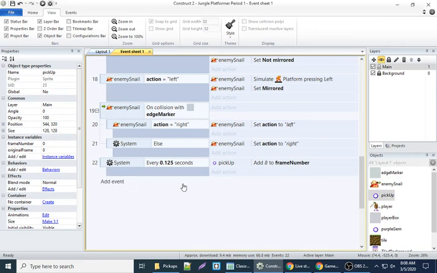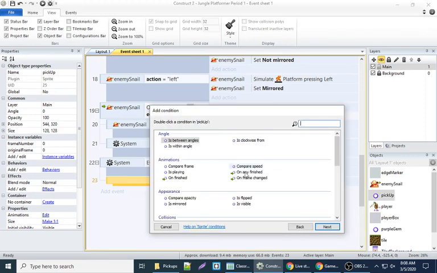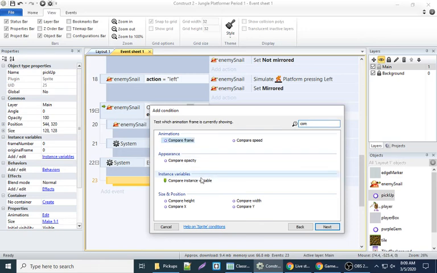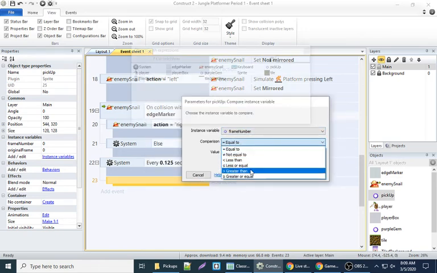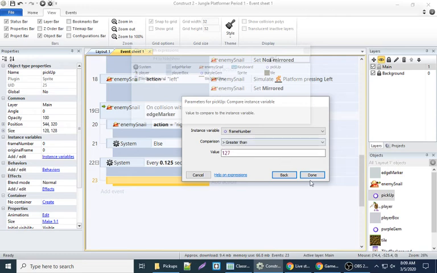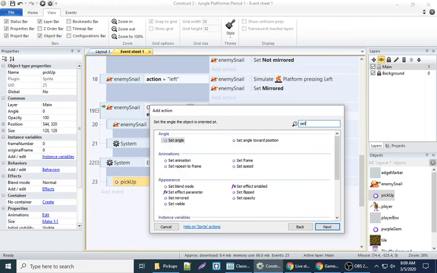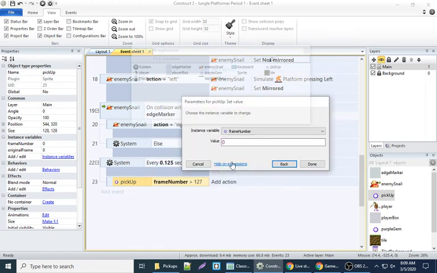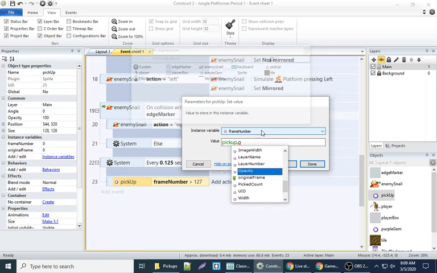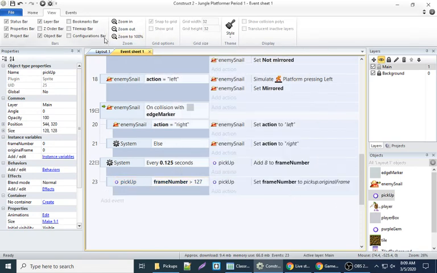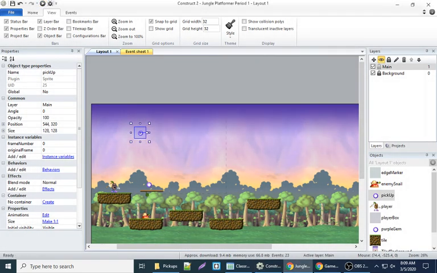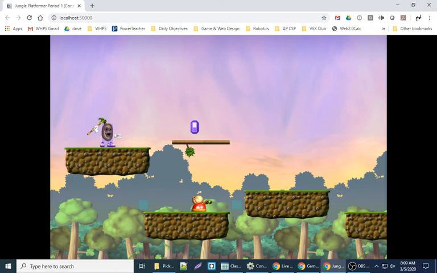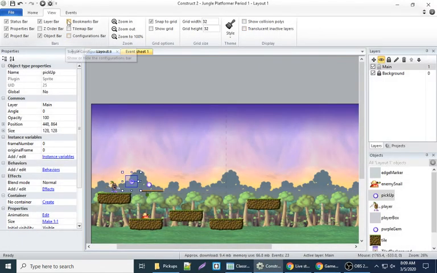But watch and see what I do with the pickup here. On here, we can add a sub-event that basically says pickup, compare instance variable, and if frame number is greater than 127, we want to add an action to the pickup, set value of the frame number, and we'll go back to pickup.original frame. So now, as I run this, if I did it right, oh, where's my pickup? It's out of view. If I did this right, and I run it again,